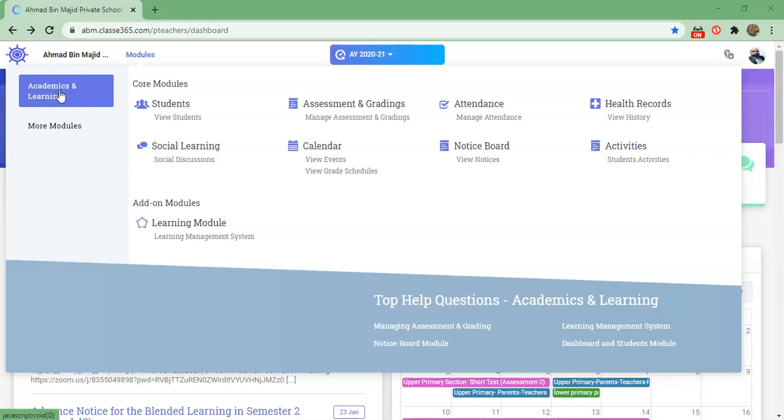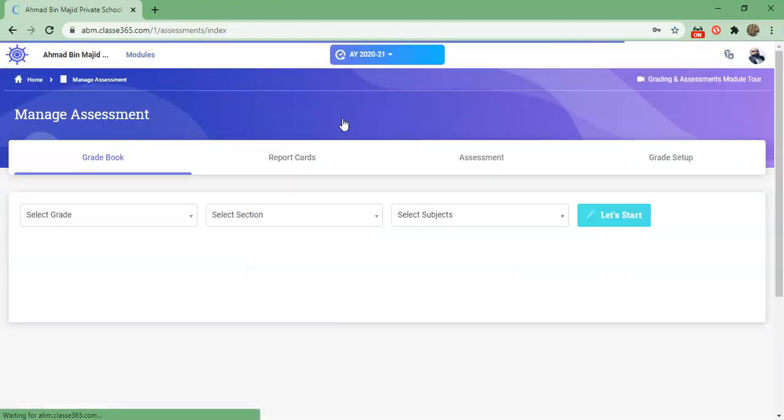Okay, I will show you how. For this one, we need to go to modules, then academic learning, then manage assessment guidance and grading. Once you are over here, this is the grade book.